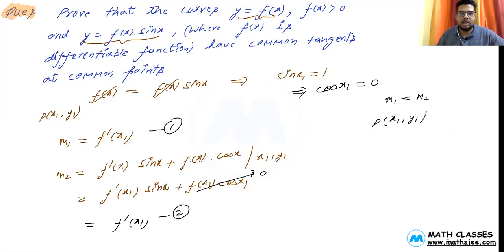So it clearly implies that these two curves have common tangents, because if you separately find that T1 is the tangent to the first one, you will use this point and this slope, and for T2 you will use this slope and this point, which are actually the same. So the line is the same. So at that point it simply implies that it is the tangent of both, and the line is the same, so it is the common tangent to both the curves, right?